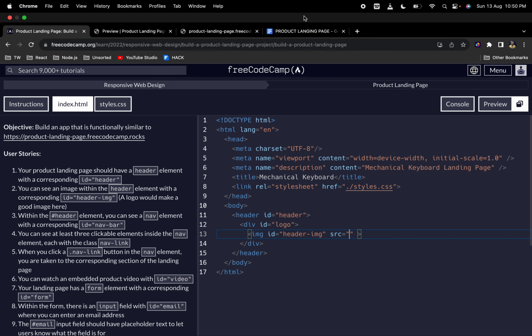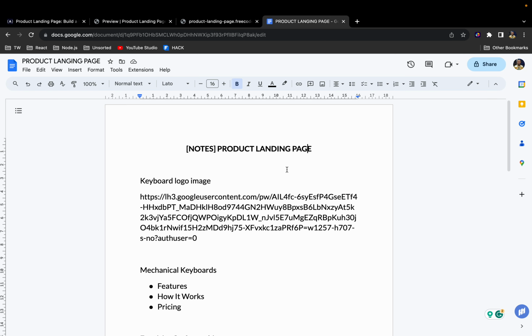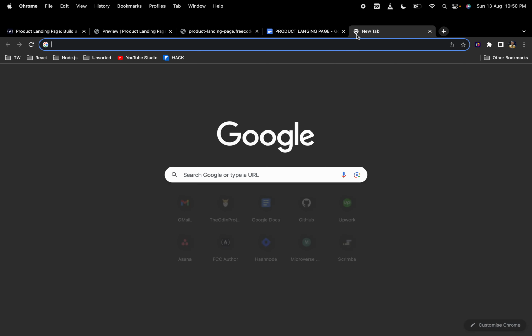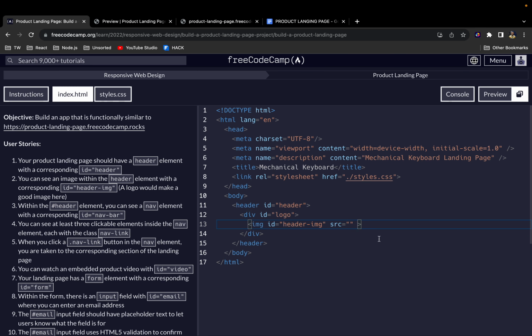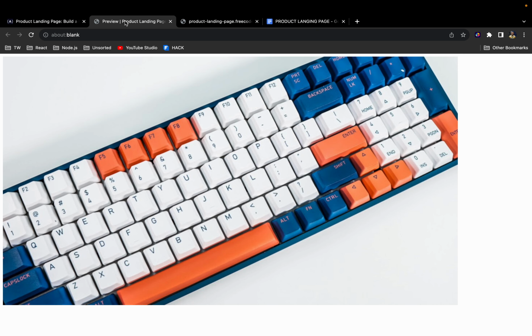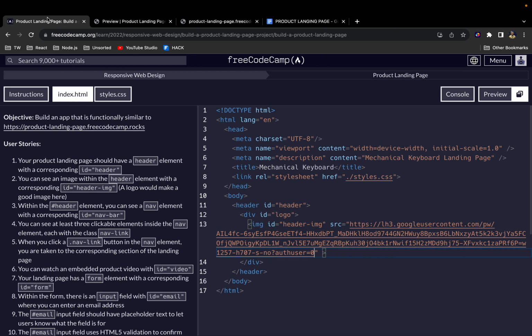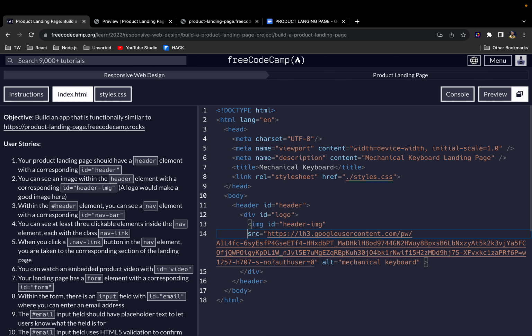Now the image I want to use for my logo is this right here. So I'll copy it and let me come and paste it here. And as you can see, this is what I will be using for my logo. So it's a mechanical keyboard. All right, then I also want to add an alt. So let's say alt, let's give it a value of mechanical keyboard. Okay,